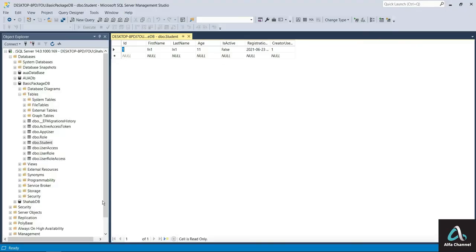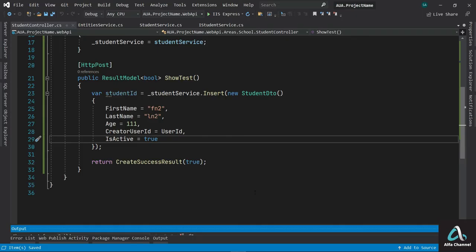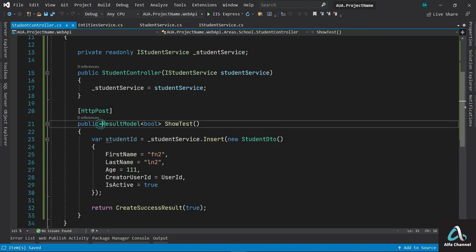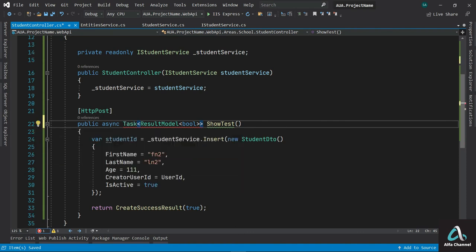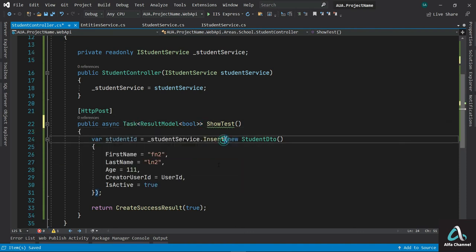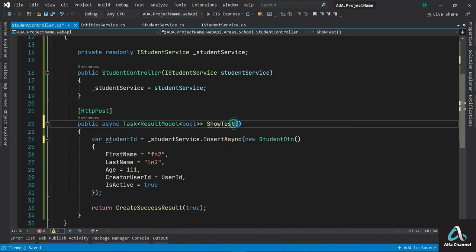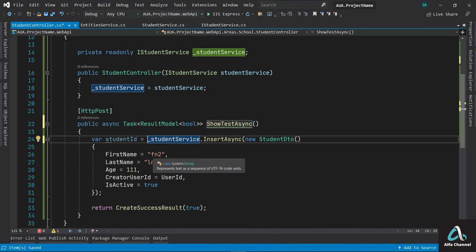It is true. And new entries. Okay, now I want to do it again in async. Well, public async task of result model here, insert async, and await here, and new entries